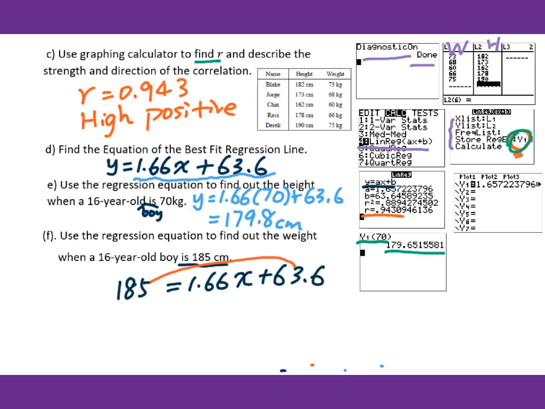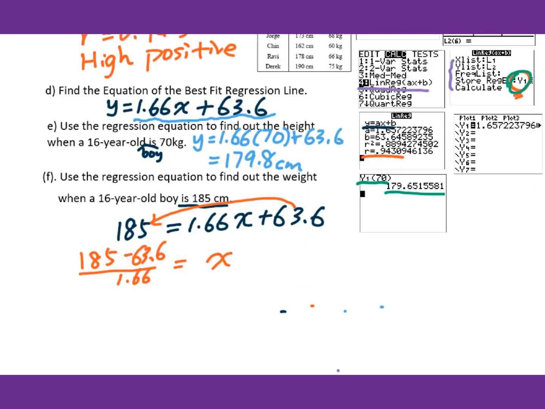So we minus 63.6, then you divide by 1.66. You will get x equals 185 minus 63.6 over 1.66. So you will get x equals 73.1